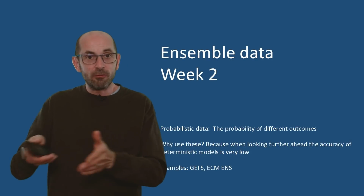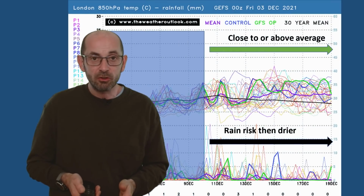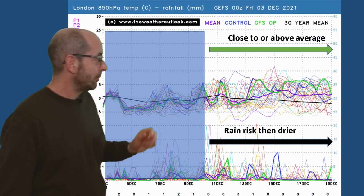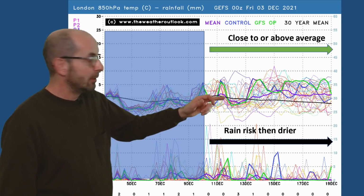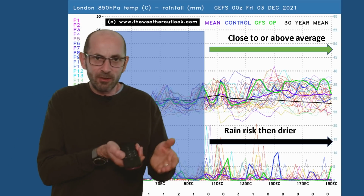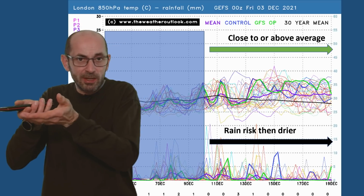What about the following week? Well, onto the Ensemble data, looking at the GEFS 16-day plot for London. Upper air temperatures there across the top. To begin with, they're close to a 30-year norm, but later on they are trending upwards. So there's a clear signal there for the upper air level temperatures to be increasing towards the end of the